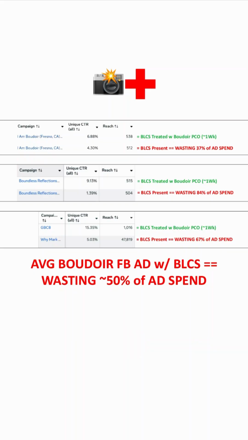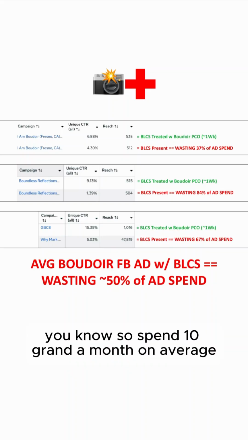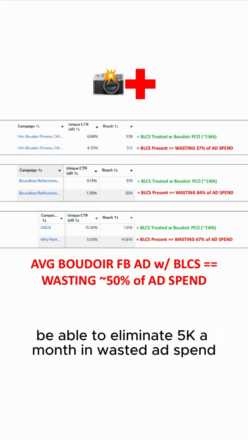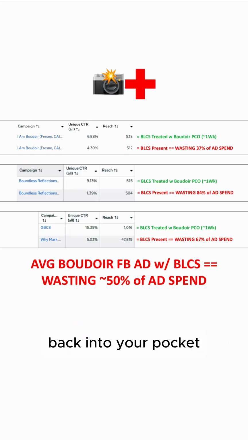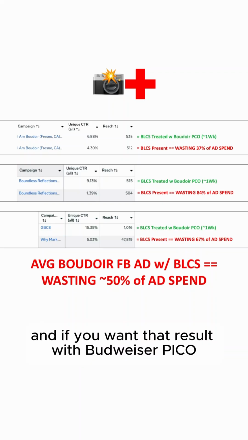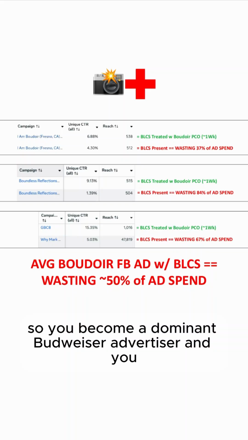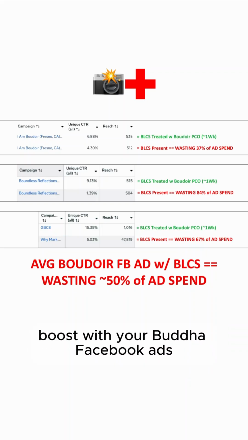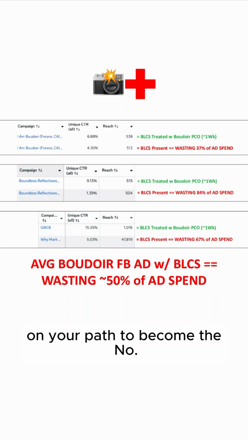And you have seen what our Boudoir Pico solution can do for others. So spend 10 grand a month on average, it'll approximately be able to eliminate 5K a month in wasted ad spend back into your pocket, approximately 60 grand over the next 12 months. And if you want that result with Boudoir Pico, because you want to achieve pre-click alignment so you become a dominant Boudoir advertiser, and you achieve Boudoir brain entry boost with your Boudoir Facebook ads,